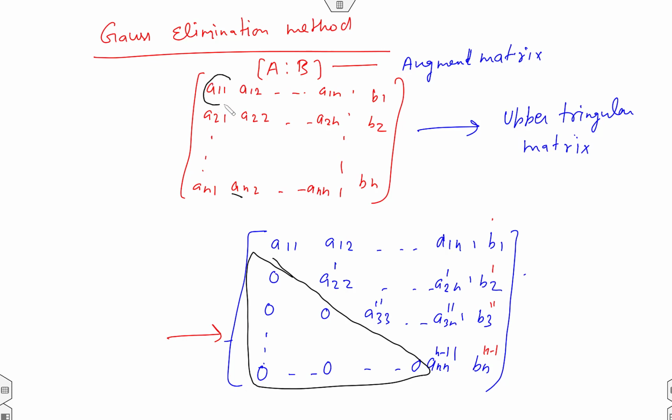We will write A11 as it is, and what we'll do, we will make 0 in the first column, all elements except this A11. Okay, what is our aim? We have to make 0 at all these positions except A11. Okay, so how to make 0 all these elements below the first row, like first column except A11? For that we will apply some row operation.